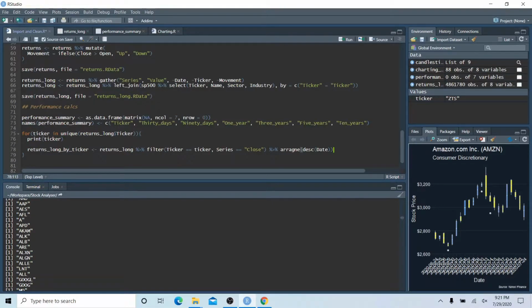So let's get into doing that. First thing we're going to do is create a variable called 30-day, with open and close parens. We're going to say returns long by ticker $value, and we're going to say 1 minus returns long by ticker $value